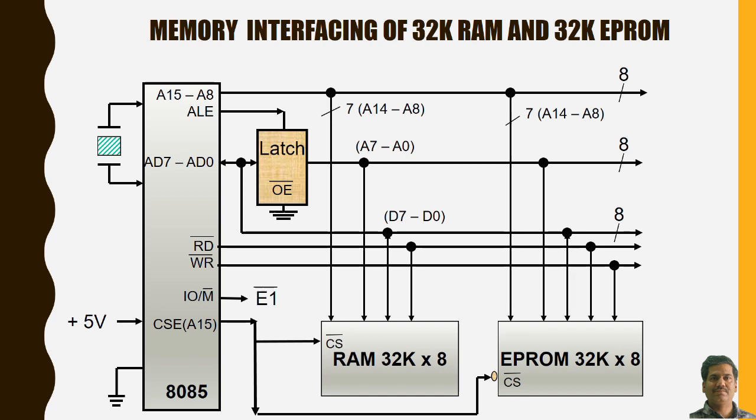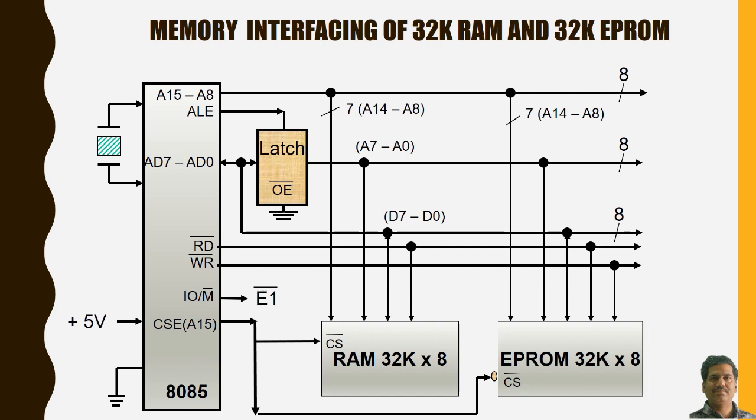So the signals that are connected to this RAM are higher order address, lower order address pins, data lines, RD bar, and the signals that are connected to EEPROM are higher order address, lower order address, the read and write both commands, and this IO M bar signal